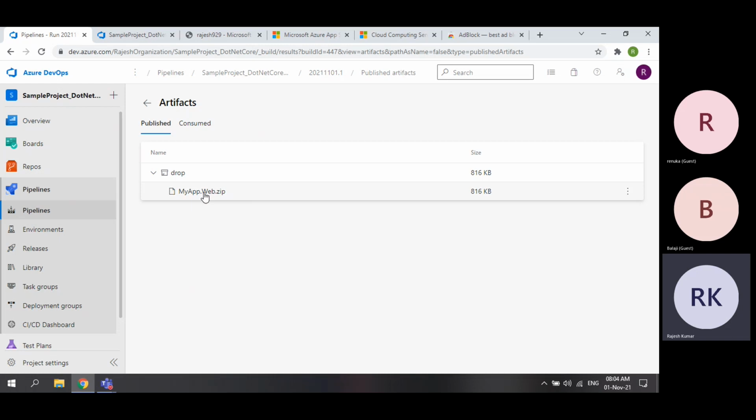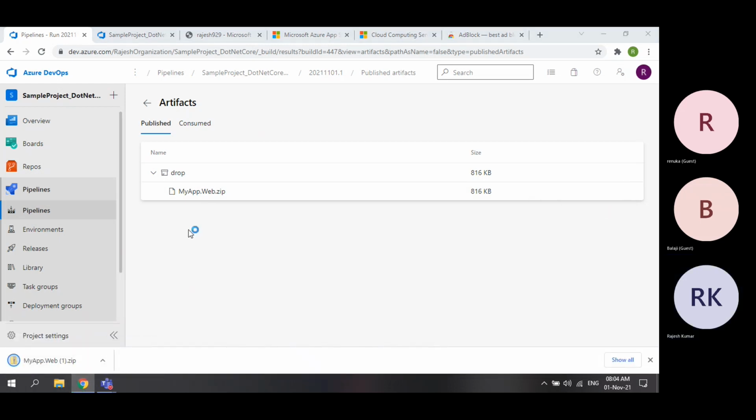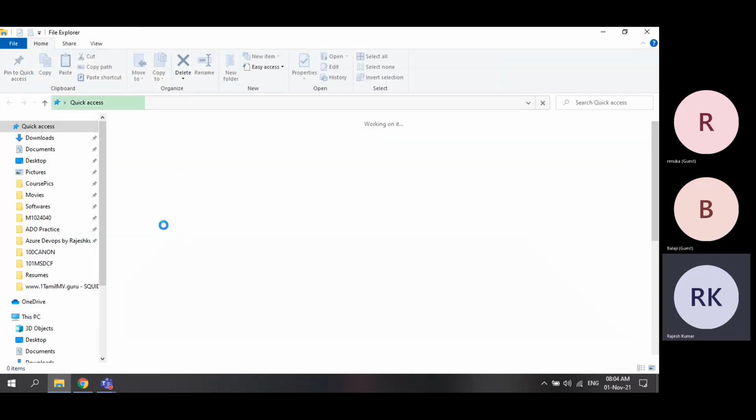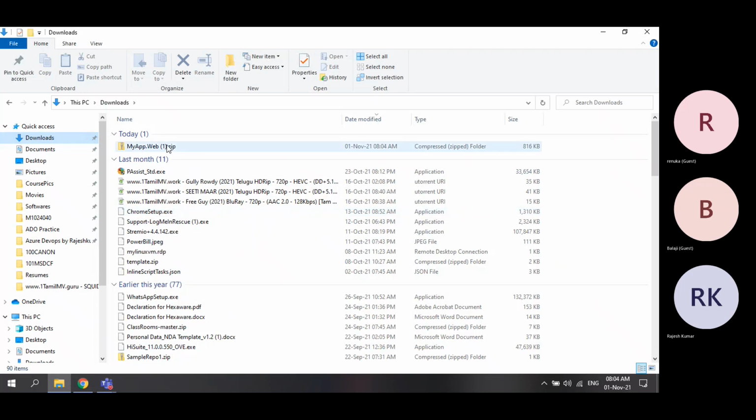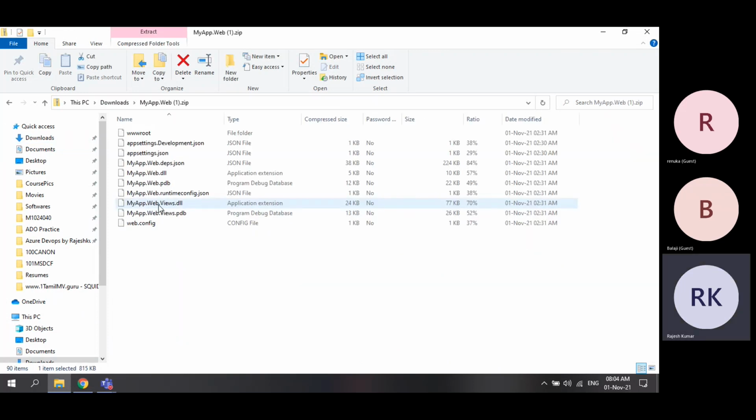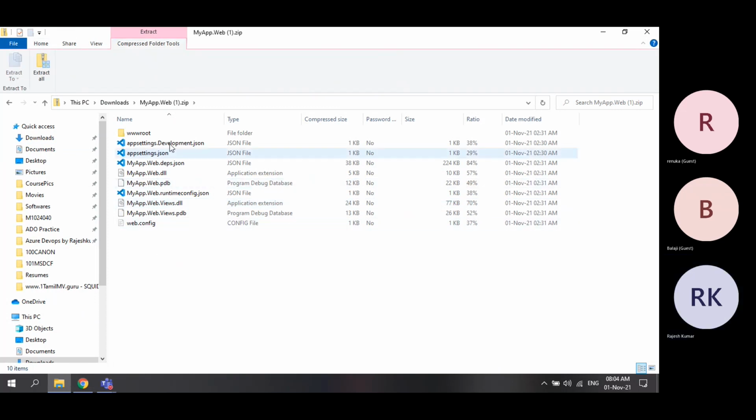If you want to see this, we can download this. So if you go here, download artifacts. The artifacts are downloaded. If I go to downloads, open, see there are many files.